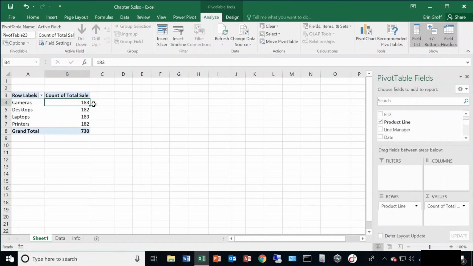So cameras had a total of 183 transactions, desktops 182, laptops 183, and printers 182. And that gives me a grand total of 730 sales. So how could I verify that this was my total number of sales? If I go to my original data